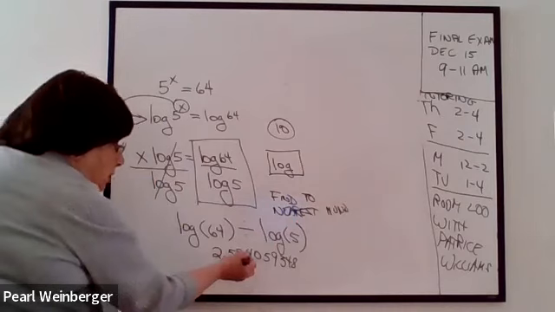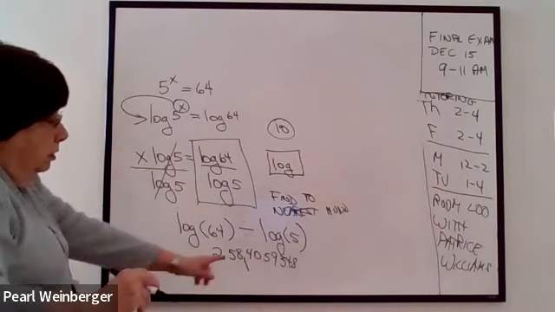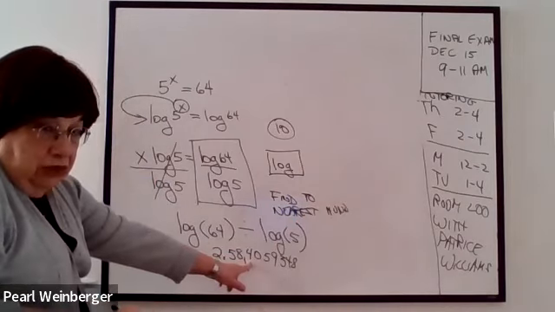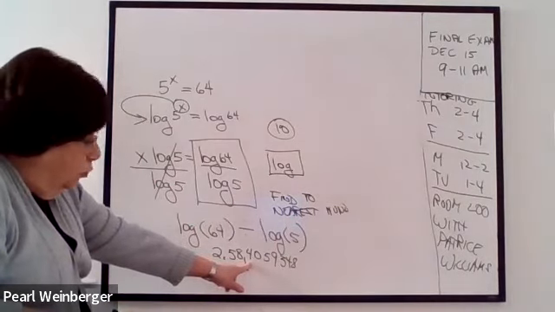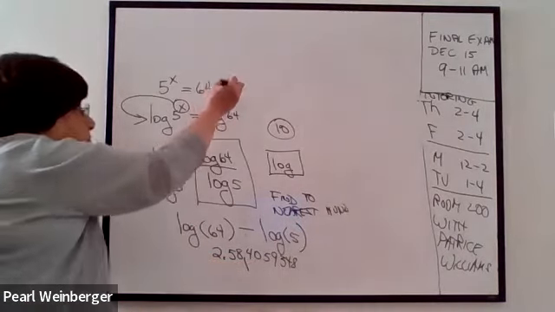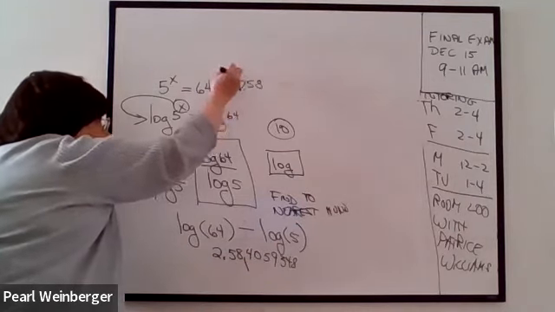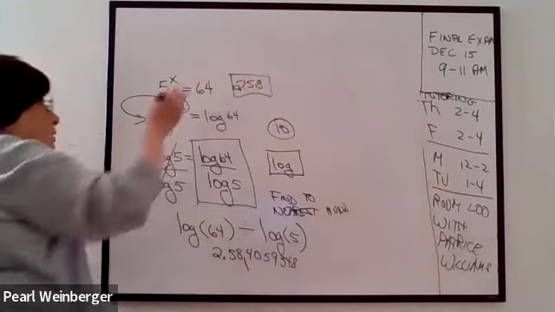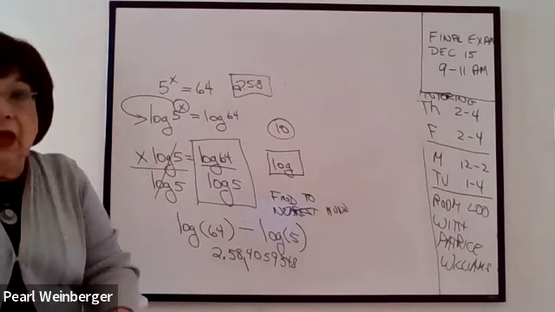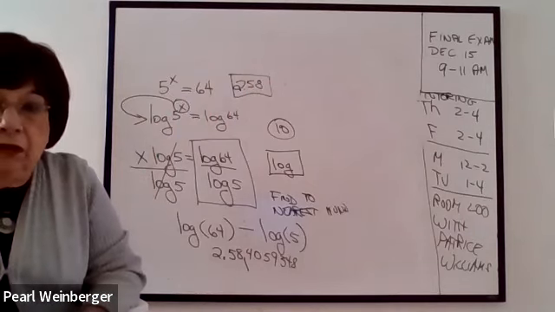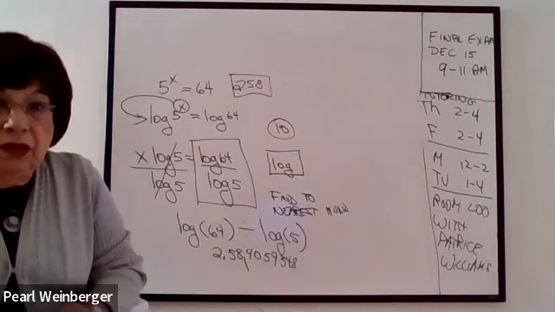So that means 2 decimal places. You want to stop here. Remember, you always look at the next digit to see if it's 5 or more. It's not. So your answer in this case would be 2.58. So we can use our calculator in a not terribly difficult calculation to figure out this